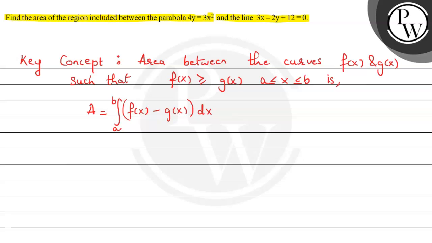Now in the question we are given the curves 4y equals 3x squared and 3x minus 2y plus 12 equal to 0. Now before constructing the graph of these two curves, let's first get the intersection points. And so therefore, here we have 2y equals 3 by 2 times x squared, and substitute the value for 2y in the equation of line, and therefore we get,